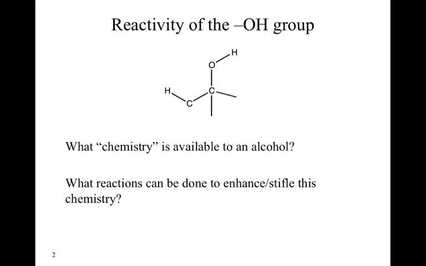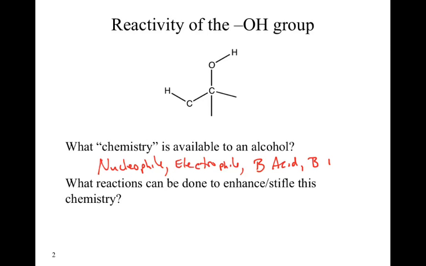So to start it all off, we need to know something about the reactivity of the OH group. So what we've got here is an alcohol. And what you should be thinking about whenever you look at a structure is what chemistry is available to it. So to start that off, what we're really referencing is: is it a nucleophile, electrophile, Bronsted acid,